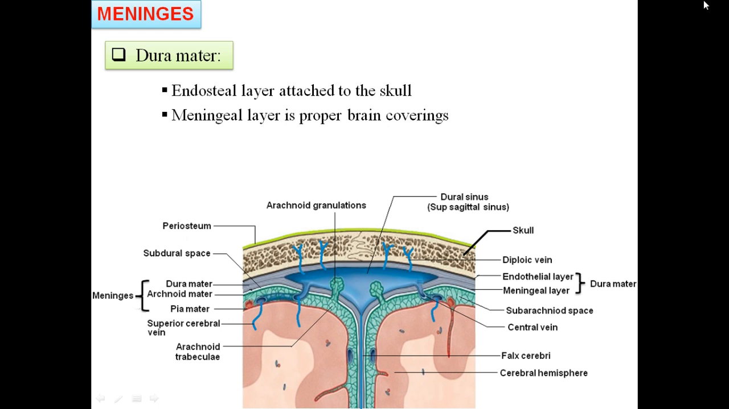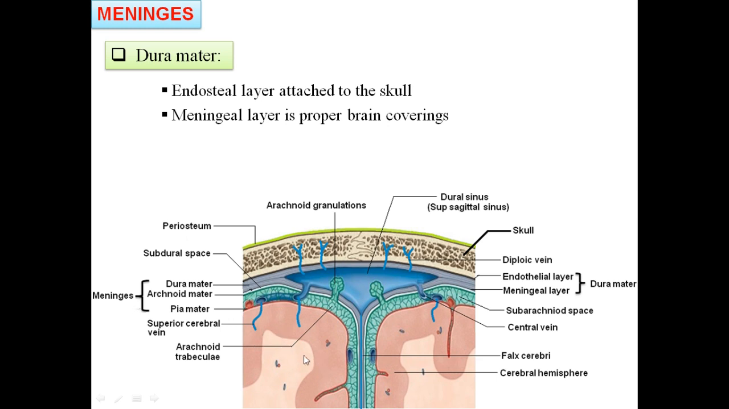The meninges consist of three layers: dura mater, arachnoid mater, and pia mater. You can see here in this image and diagram, the outermost layer is the dura mater. The vessels and nerves are related to the arachnoid mater. The pia mater is adherent to the brain,